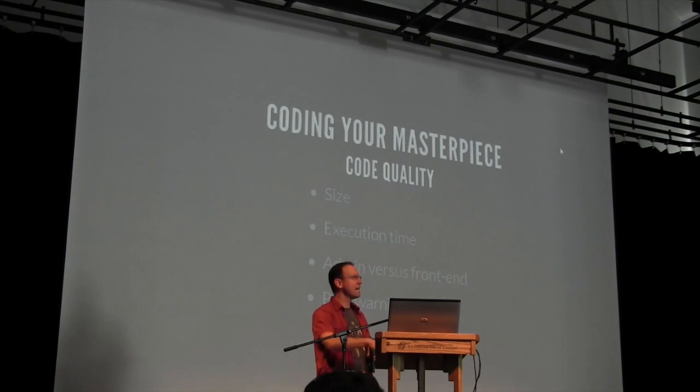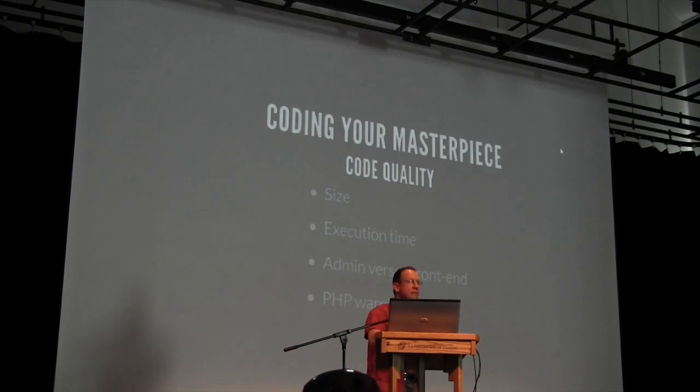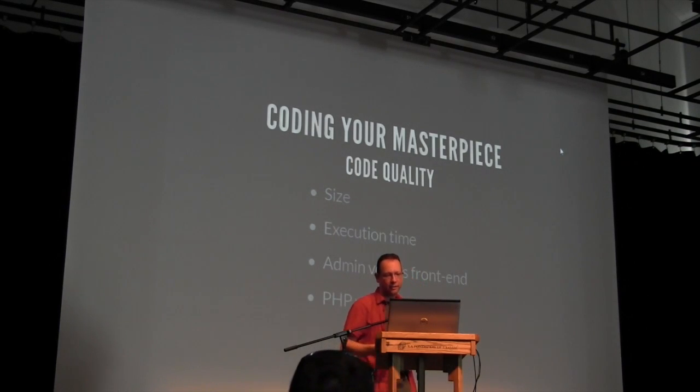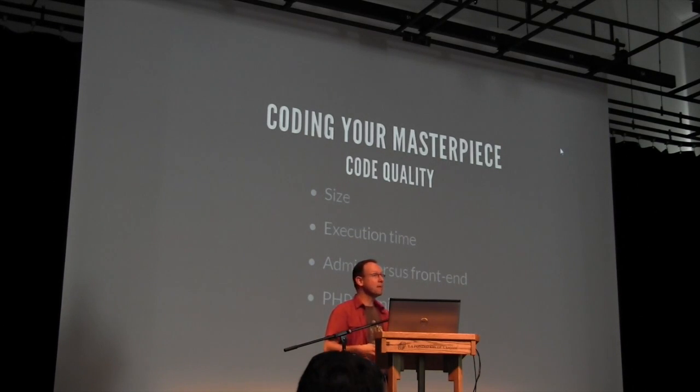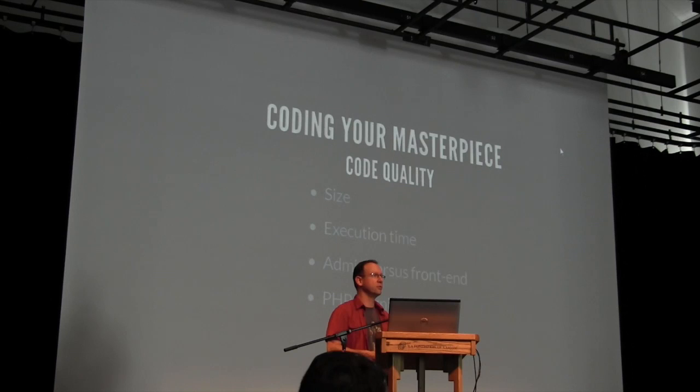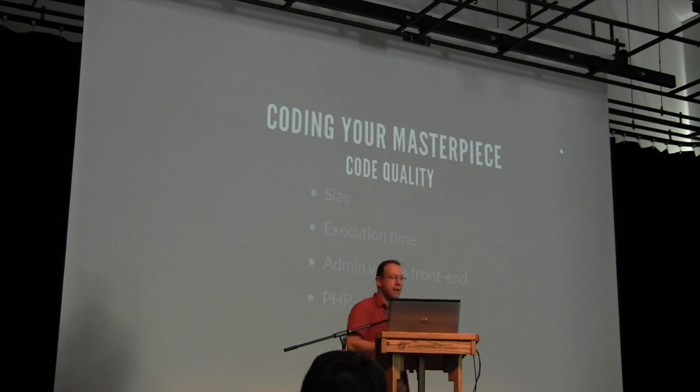We're going to go into the coding aspects of creating your plugins. There's a number of things that you need to consider as you're creating a plugin that will be released out there in the wild. The first two elements are the size of your plugin, and here I'm talking about code size. You want to make sure that you're writing code in an efficient way. Some people will just download your plugin, open up the file and go, what do you mean there's 5,000 lines of code to do this little thing? And they might just not want to use your plugin based on that basic fact that you wrote a heck of a lot of code to do something that seems relatively simple.